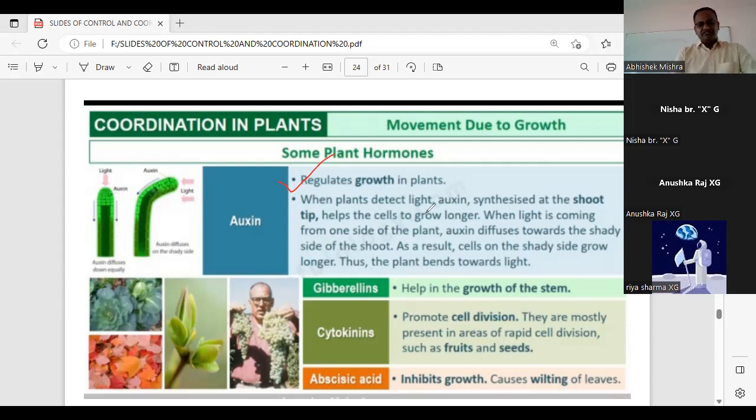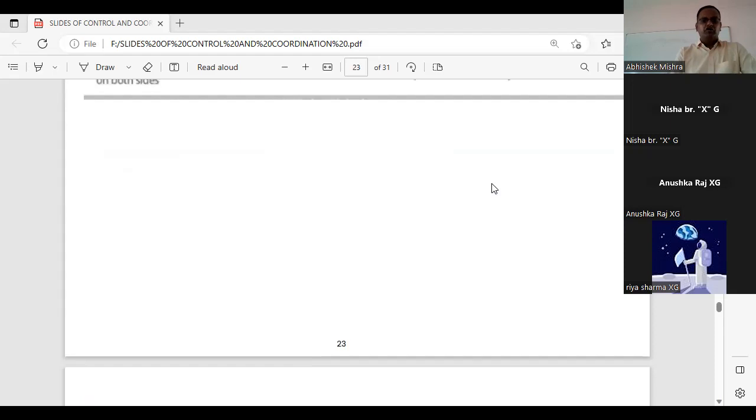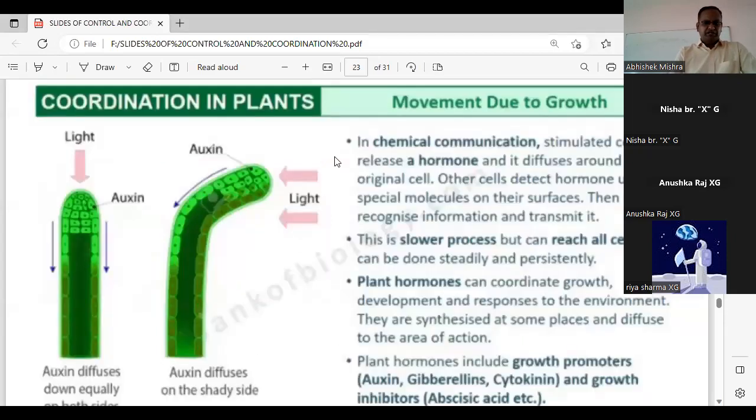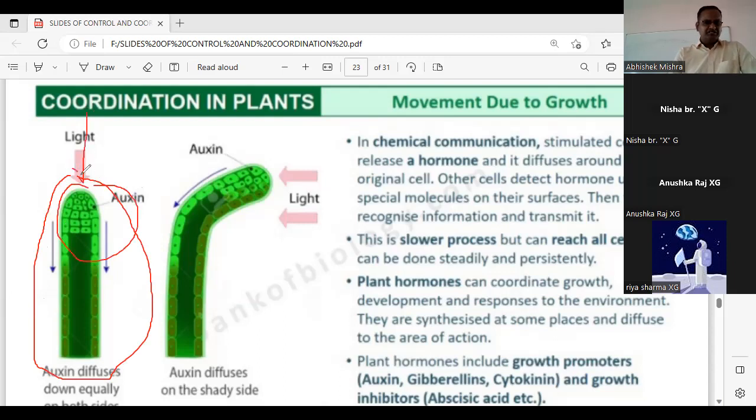Now, one very important thing is that all of you look at this diagram. This question comes separately in the examination: how does auxin promote bending of a plant part? See, this is very, very important. Now see what happens. This is a portion of a stem. Auxin hormone is present at the tip. First, when the light is coming from this side, perpendicular, the growth is uniform and straight.